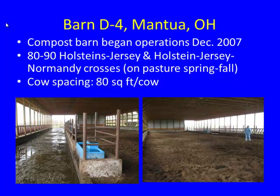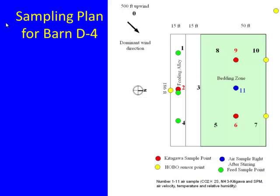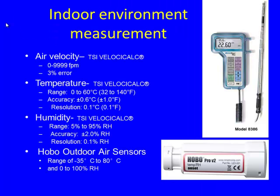And then during warmer months, their cows were on pasture, and partially the cows were on this compost bed. So they have 80 square feet per cow. This is our measurement plan, and I think you all have the handout. And the equipment we use, since we visit every season, is portable equipment, we use this hardware